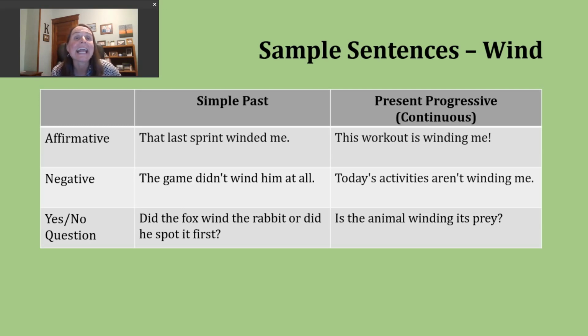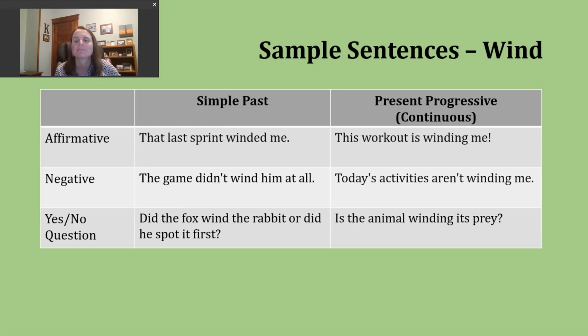Now let's look at making a negative present progressive sentence. To do this, again, pay attention to your subject, then use the form of be that matches, followed by not, then that ing form of the verb. Here's another example. Today's activities aren't winding me. So here, again, maybe it's people in a workout class of some kind, and that particular person is suggesting, right, this maybe isn't too physically difficult or isn't requiring as much physical exertion